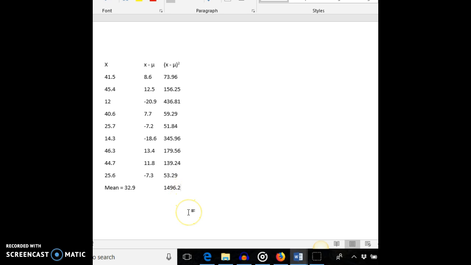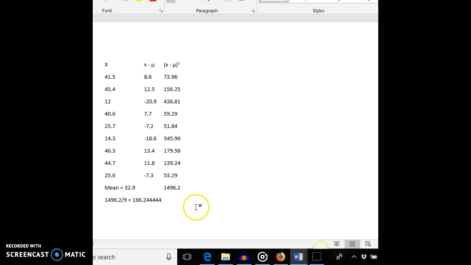So 1496.2. Then I take that number that I've got from adding up that column, and I divide by the number of data I started with. So I'm going to take 1496.2, and I'm going to divide it by 9 pieces of data. So I had 9 pieces of data. That's going to end up giving me 166.244444. And I take these calculations usually out about 6 decimal places because we get rounding error if we round off too early. All right, now that is actually the variance,